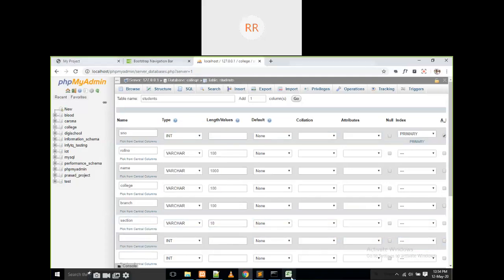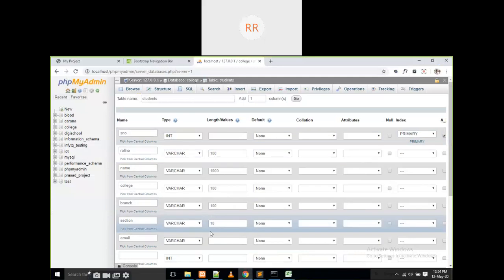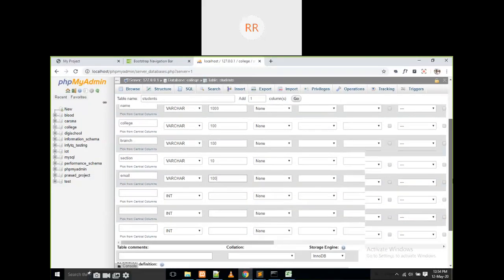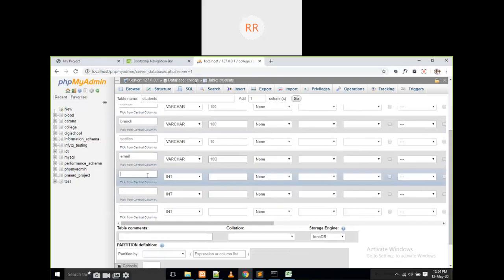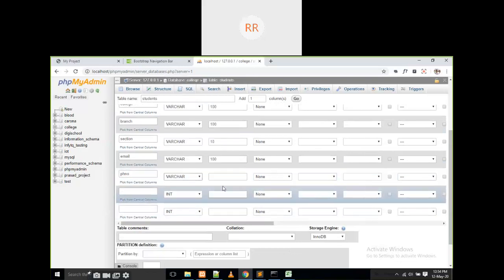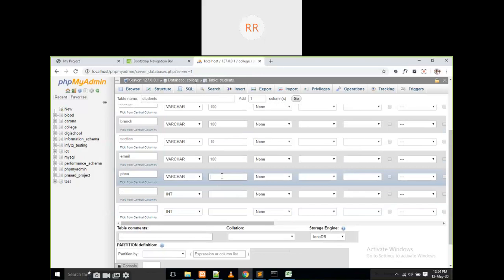What is the next one? Email. Email is also varchar, taken as 100. The next one is phone number. Don't go for integer, go for varchar only. Why? Because the integer range is very small.